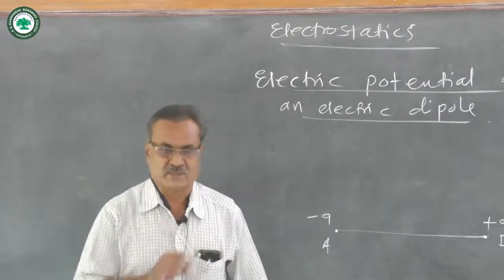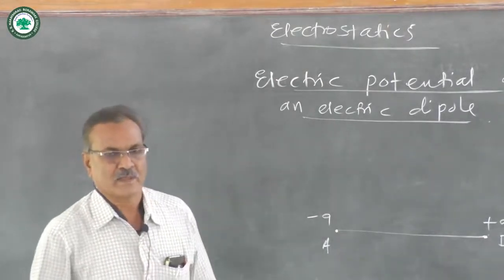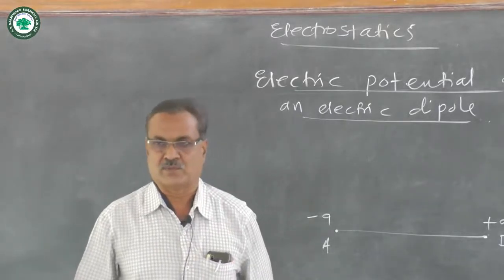The line joining these two poles is called the axis of the dipole,